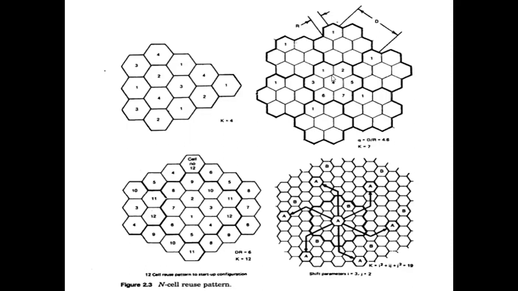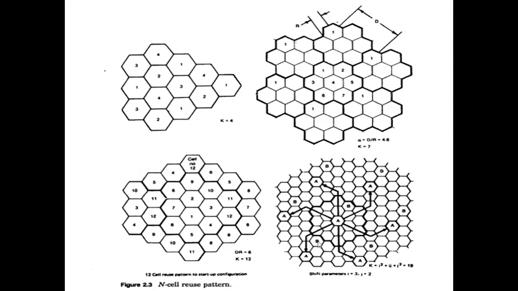Okay, adjacent channels. Now, with a similar concept, 12 means the whole geographical area is divided into 12 cells, and these 12 cells are repeated across the area. Similarly, here k is equal to 19, so 19 cells will be there in any area,